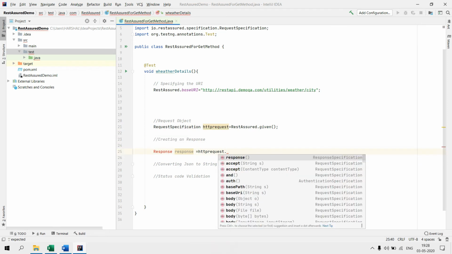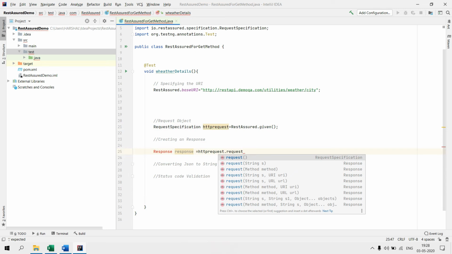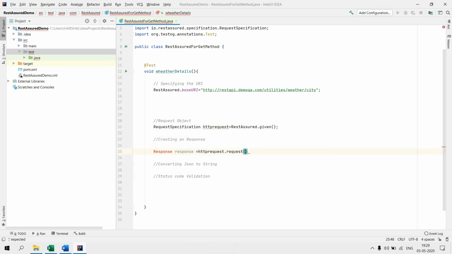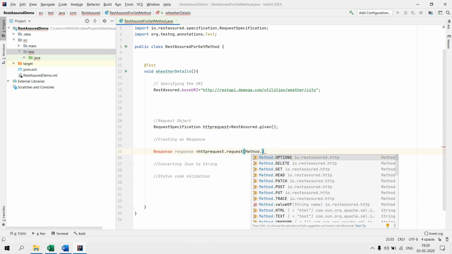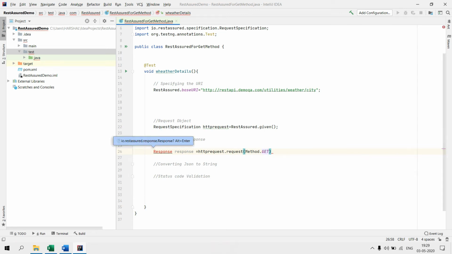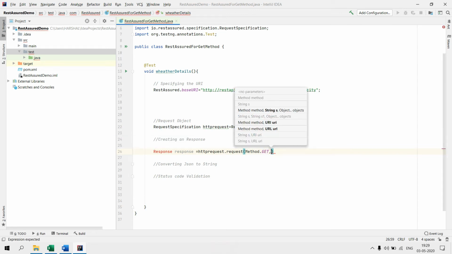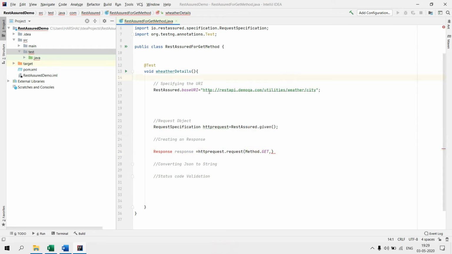Dot request. In this we need to define which method we are going to use. Method dot, now here we are getting all the options, right? Get, put, all these methods of REST. I will be using the get method, comma. This URI is nothing but a weather URI, right?